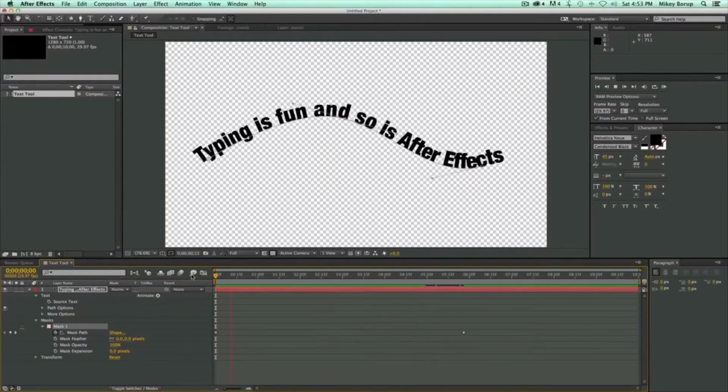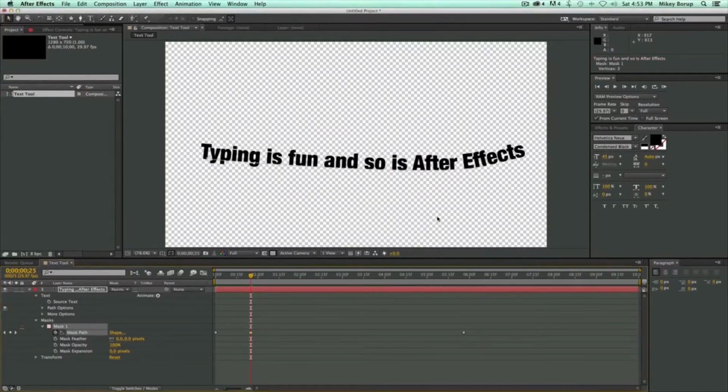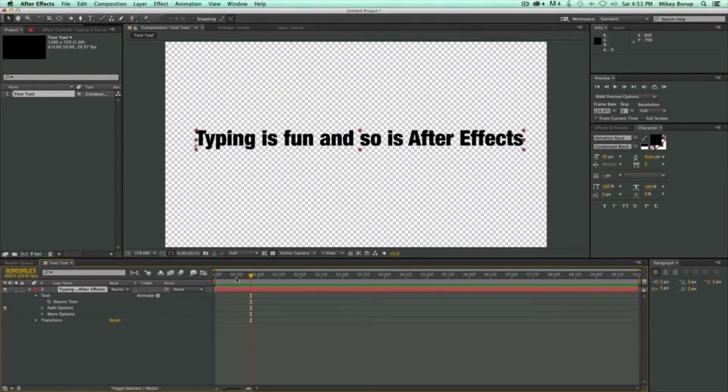So that's the first part of the text tool. Now the next thing, and there's a lot to this, I'm going to actually erase this mask. So I'm just going to click delete. And it erased the mask. And so the next part is this over here. It says animate, and there's lots of stuff you can do with this. There's like a whole another world of animations built into a text layer. A text layer has more options than the normal layer does, and you'll see here really quickly what it can do. So I'm going to click on animate,